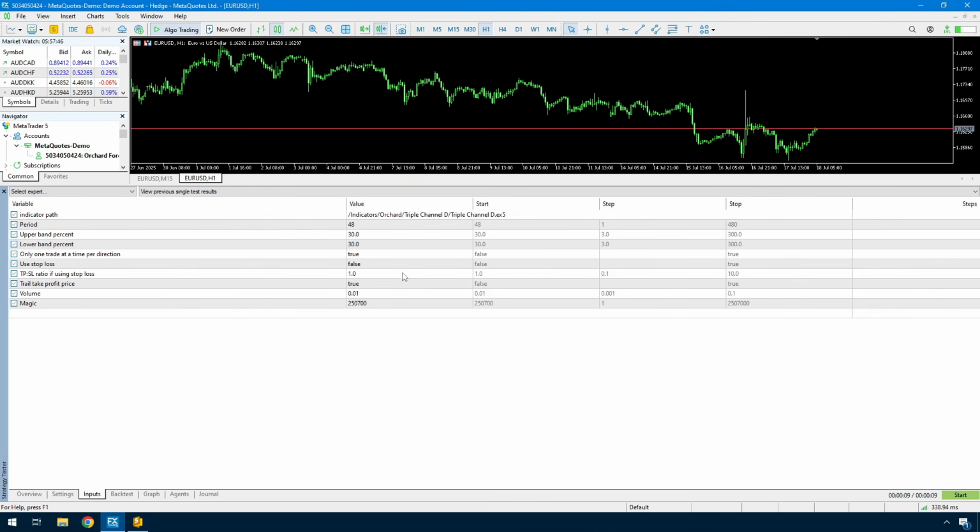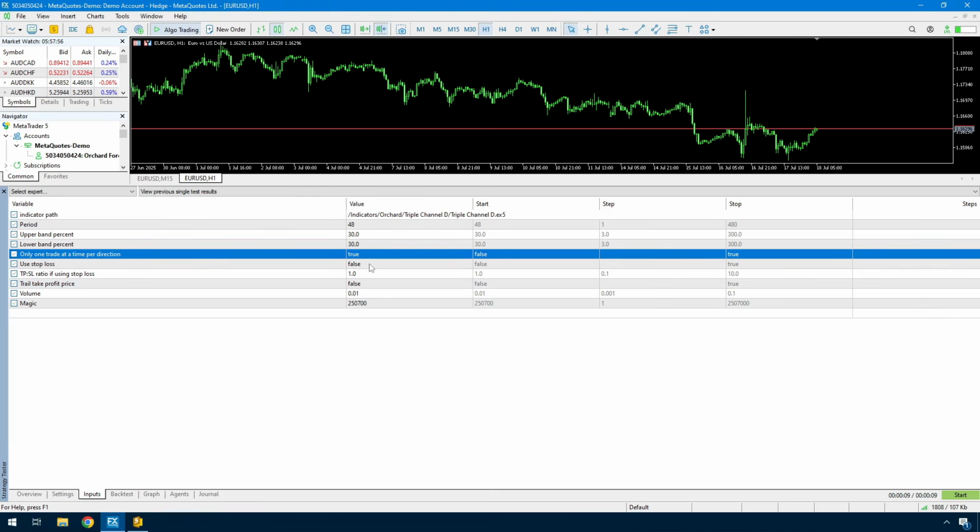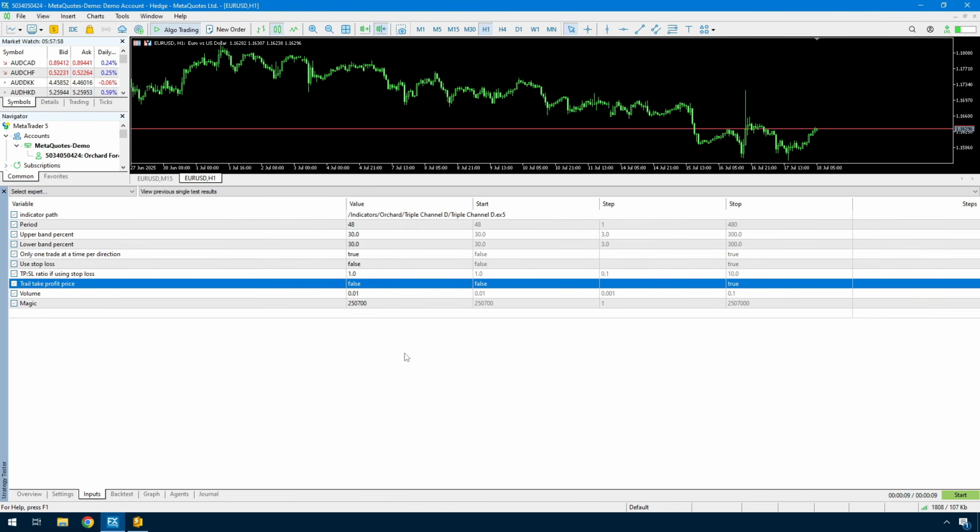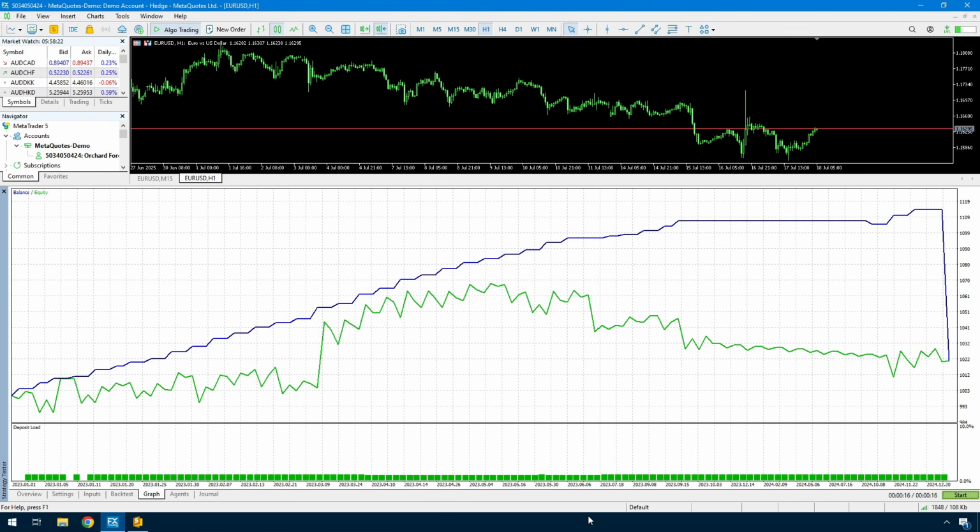So there are things you can adjust in here. I will just turn off that trail take profit for now. So I have one trade, no stop loss, and I'm not trailing the take profit. And you should see that this is not a good result. Now, I wanted to show that because of this huge drawdown that you get. By only taking one trade, as soon as a trade is opened and the price moves the wrong way, there is no stop loss, and this will basically continue until the price eventually comes all the way back to that